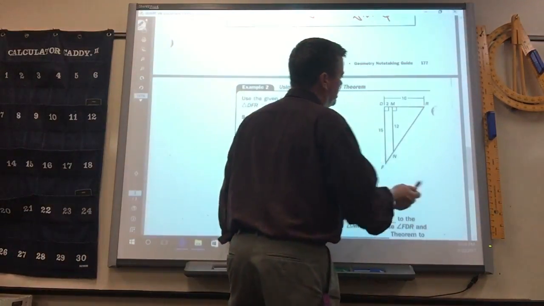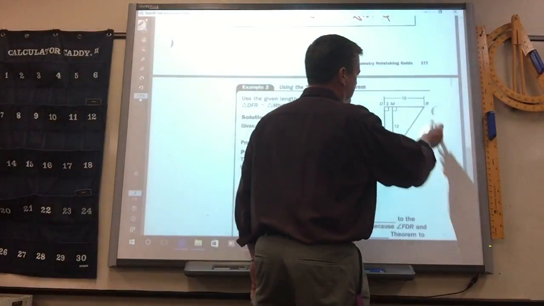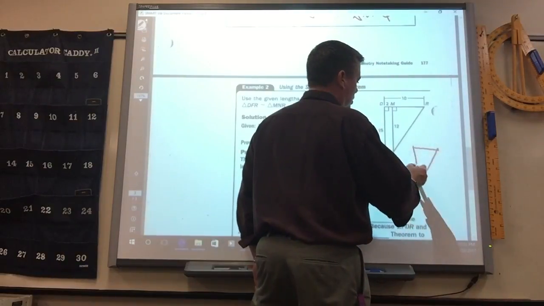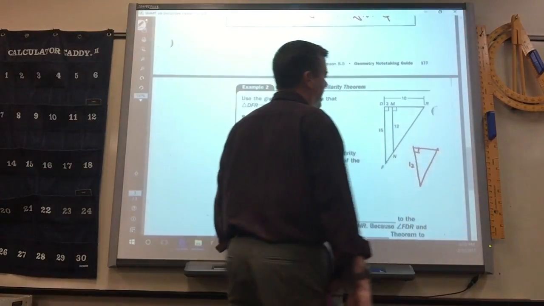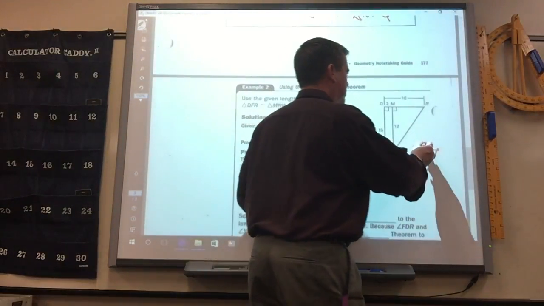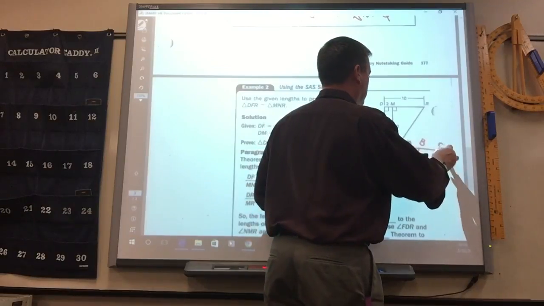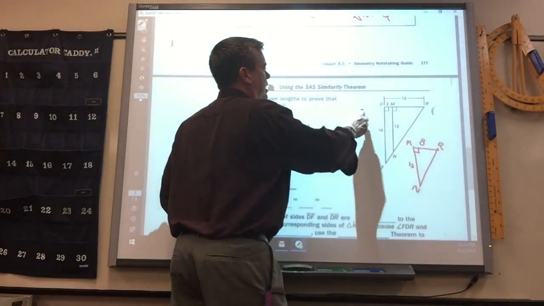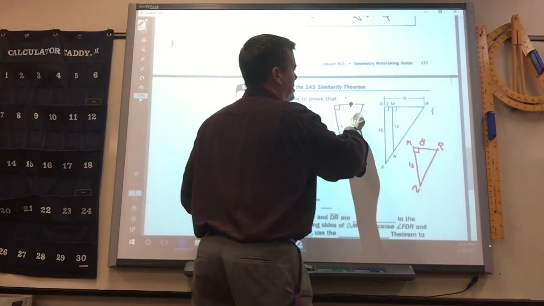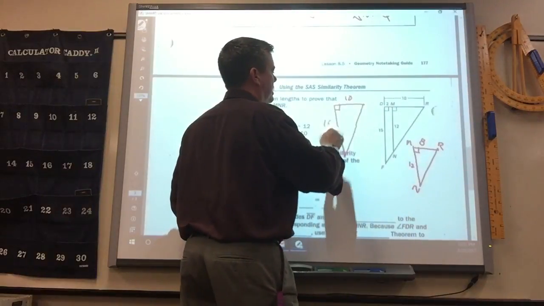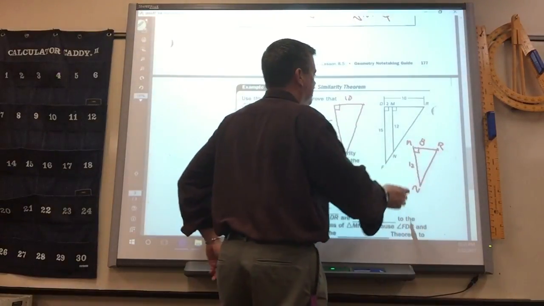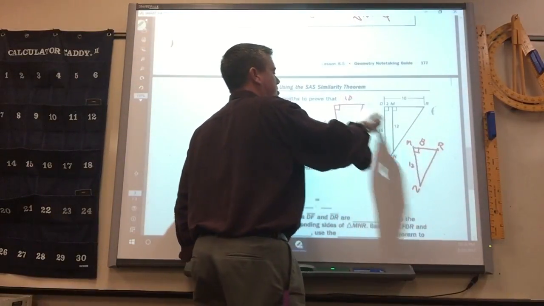Here, if I drew these two separate, it'd be easier to see. We have MRN, which this is 12, this is 90, and the whole side is 10, so this would be 8. And then the big triangle, again we have 2 angles that are the same. This is 10 and this side is 15. So the side angle side we can check. We know the angles are equal. This is 10 to 8,